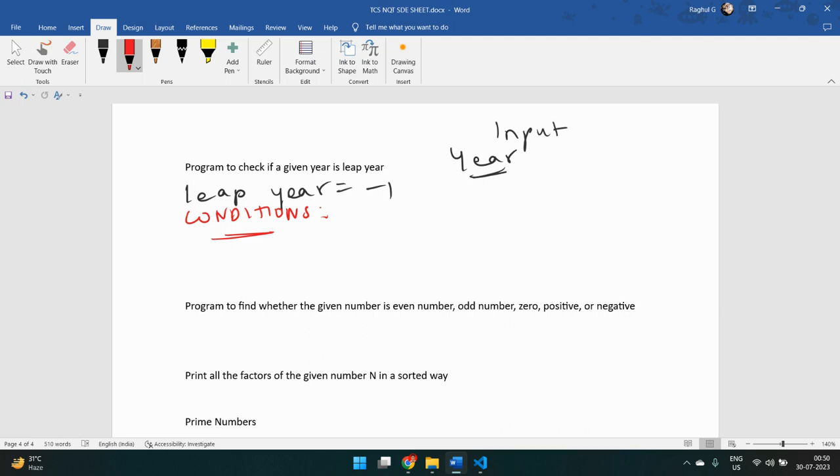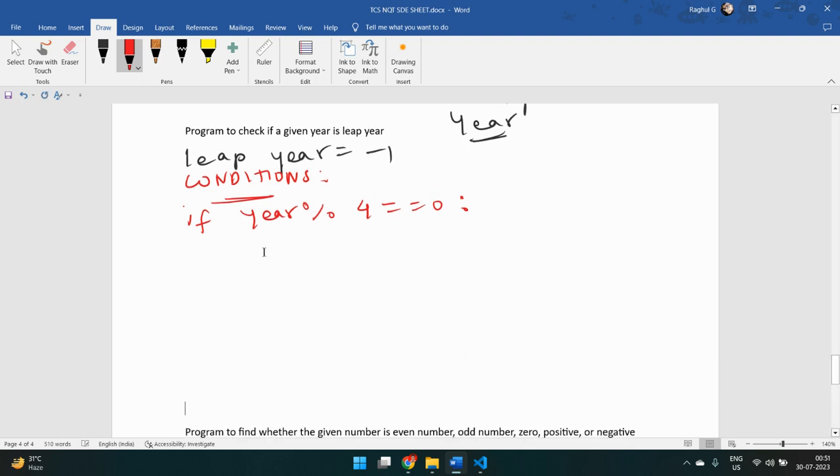Okay, let's check. First of all, we know that the leap year should be divisible by 4. First, we're going to check if my year percentage 4 is equal to 0. You guys know that the percentage symbol will find the remainder when it is divided by the number 4, which also states whether it is divisible by 4 or not. Now we know about it. If the year is divisible by 4, yes, we are able to say it is a leap year,